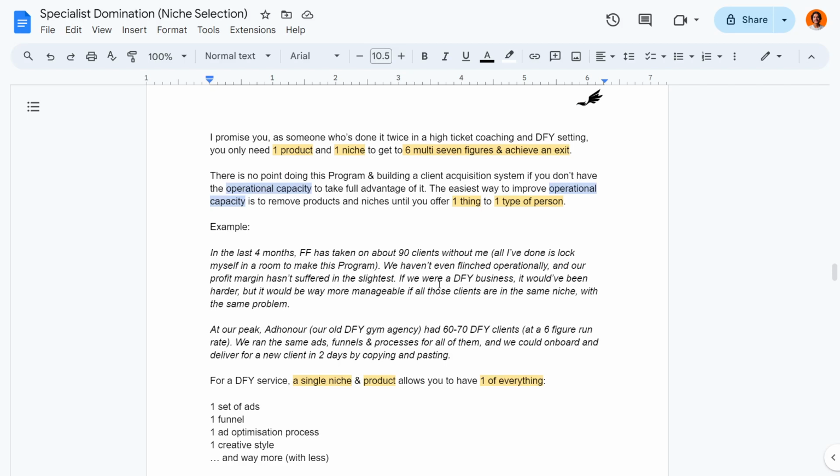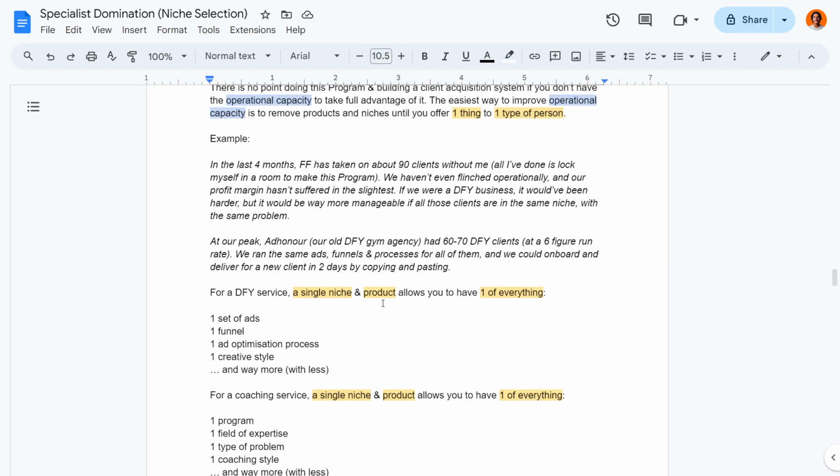and we ran the same ads, the same funnel, and the same processes for all of the clients, and we could onboard and deliver for a new client in just 2 days by copying and pasting the systems and processes that we have tried, tested, and created. So for a done for you service, a single niche and product allows you to have one of everything: